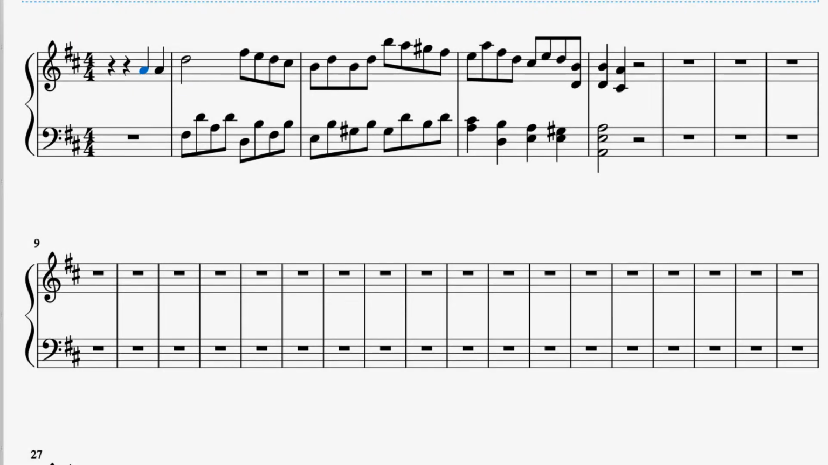Okay, so when we're using pivot chords, the basic idea is we've got a key and we're going to find a chord or maybe two chords or maybe three chords that work in both the key we're in and the key we're going to. Okay? So, for example,